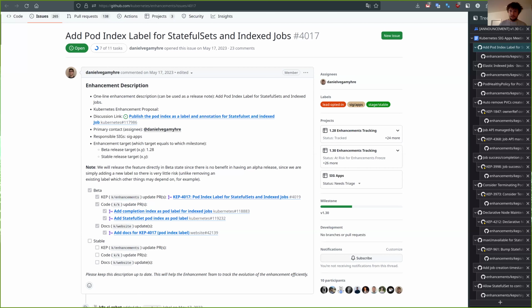And I'll stop sharing. Yeah, you should be able to share your screen now. Okay, just a second. Okay, this is my screen. Yes, we can. Okay, so